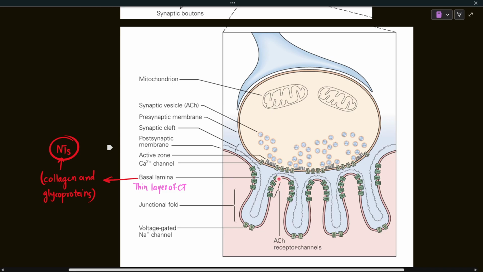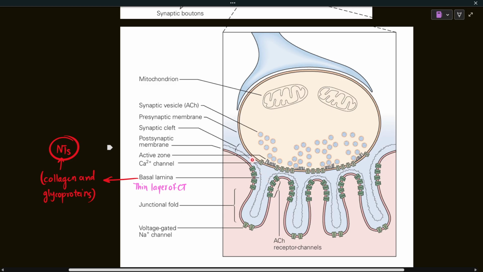So the basal lamina has an important role in organizing the synapse by aligning the presynaptic boutons and the postsynaptic junctional folds. It maintains a quite organized structure. So this is why basal lamina is quite important. These are the junctional folds you can see here, and on the junctional folds voltage gated sodium ion channels are present, because once